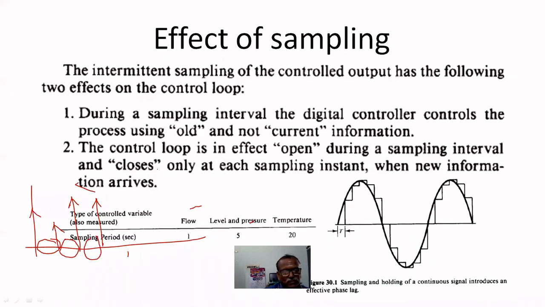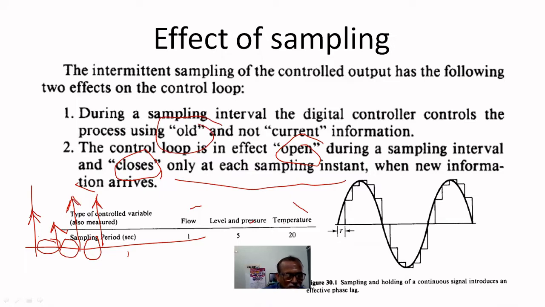What is the meaning of that? The controller doesn't control the system, which means the system is in open loop. In other words, the loop is closed only at the sampling instants. Otherwise, it is in open loop. It is closed only at the sampling instant. Otherwise, it is open. So during the sampling interval, the controller controls the process using old